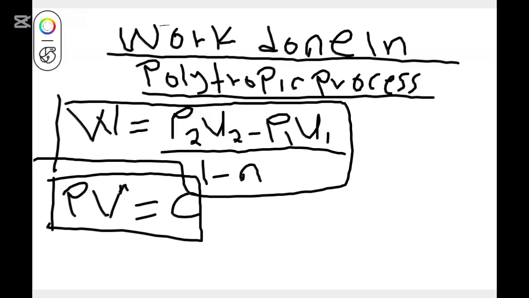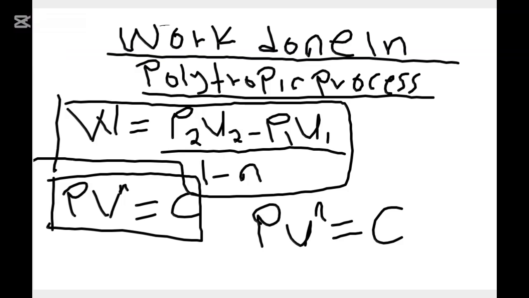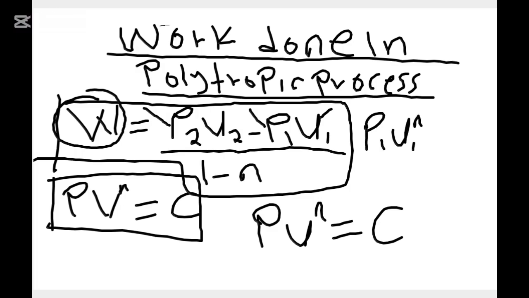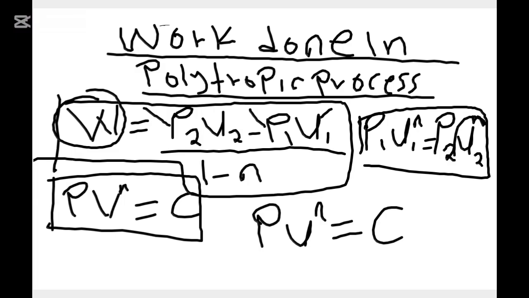So what I mean by that, we always use this formula when the value of PV raised to the power of n is equal to a constant. From the question, you might be given the value of, let's say, pressure 1 and pressure 2, but you are asked to find the value of work done. So you can use the formula P1 V1 power n equals P2 V2 power n, as I explained from the first formula. You can use this to find the value of V2. After finding the value of V2,